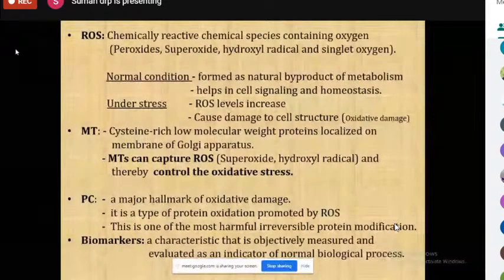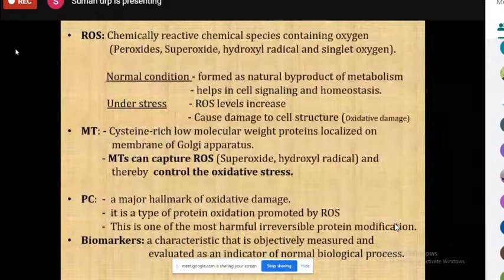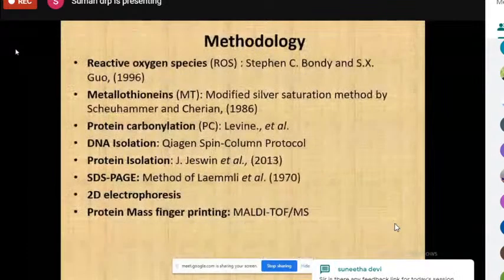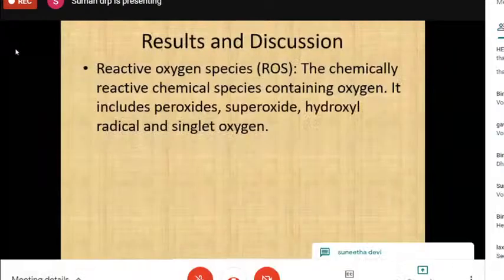And protein carbonylation is a hallmark of oxidative damage. It is a type of protein oxidation which is promoted by the reactive oxygen species. This is one of the most harmful irreversible protein modifications. When it comes to biomarkers, in my study we followed these methodologies, and when it comes to results and discussion,